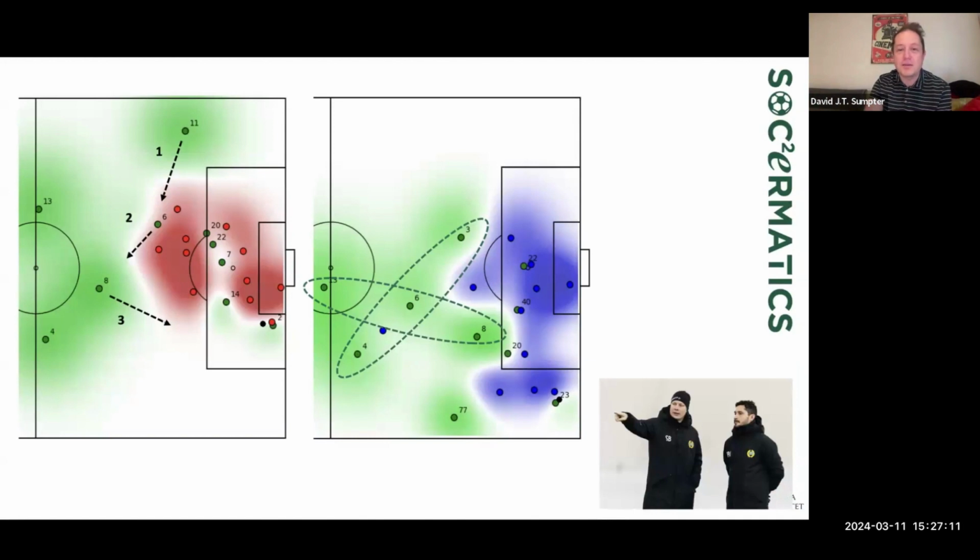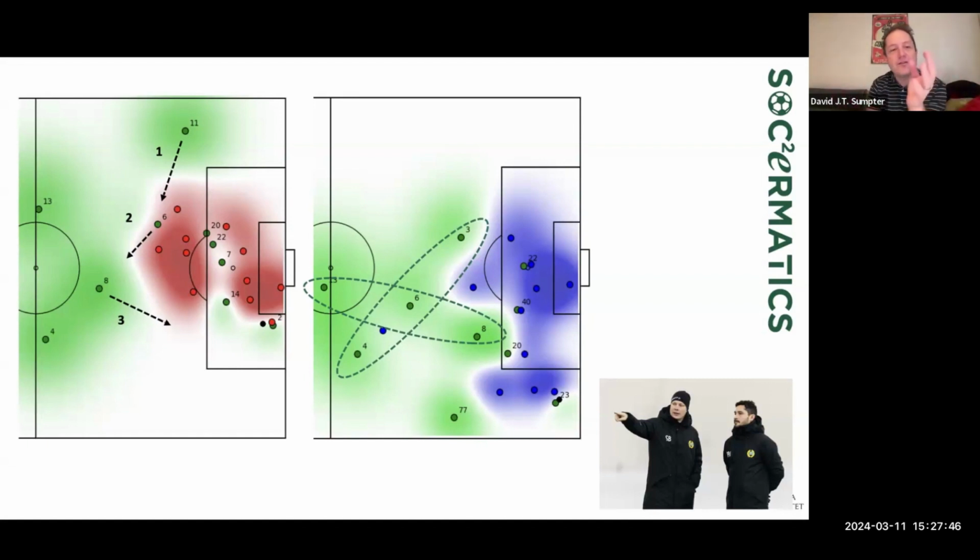Another example here is thinking tactically about these types of things. And I said that when we recovered the ball in the first example defensively, we had a lot of control of space outside our box. Now, in these two examples, if you look at the example on the right, what we did is we told the players to defend in a cross-like shape. So in this example, player 23 has the ball in the bottom right-hand corner, and the other players form a cross, which then means that they cover a lot of the pitch.